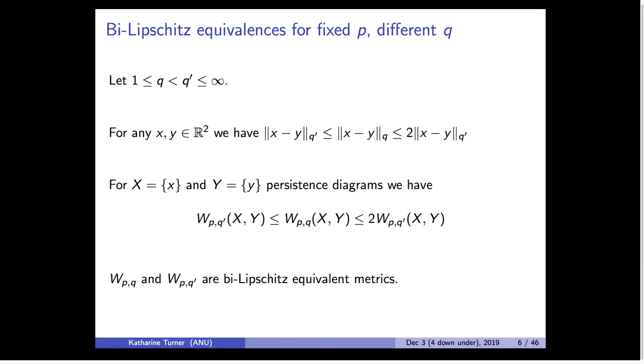But the key thing is that because we have this bi-Lipschitz equivalence for a pair of points, it induces a bi-Lipschitz equivalence for the Wasserstein distances themselves. Because if you take a particular matching, then the cost of that matching under these different transportation plans is bi-Lipschitz equivalent. So when you take the infimum over all of them, you also get this bi-Lipschitz equivalence. So I guess the key point of this slide is basically to emphasize that you're not losing anything by